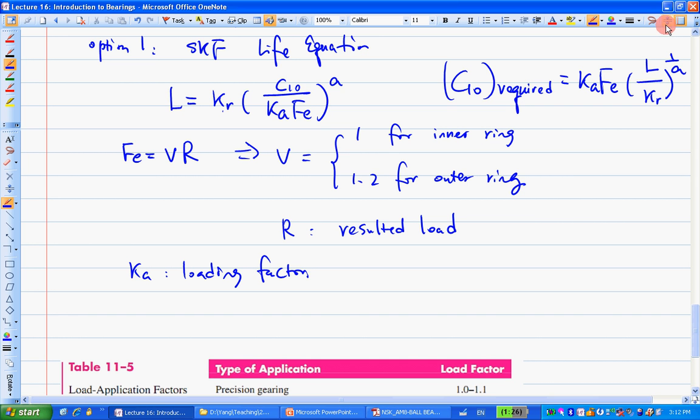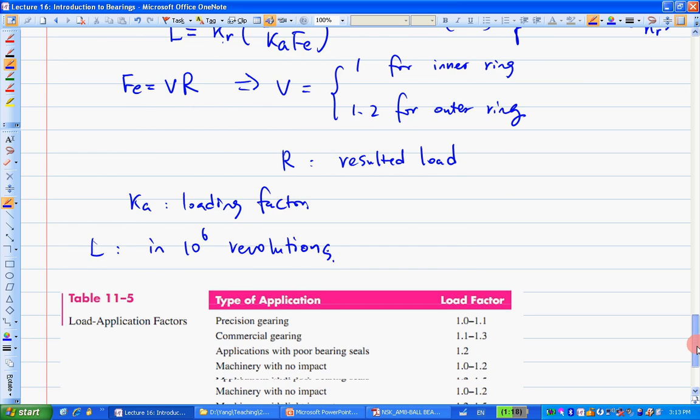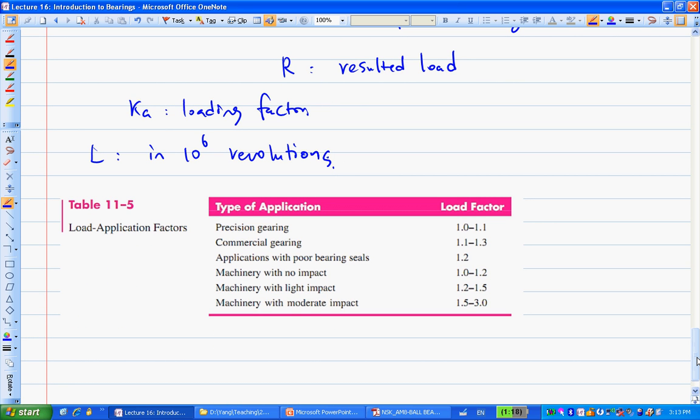So the L, let me write it down here. The L is in 10 to the power 6 revolutions. So when you calculate, be careful with that. The result, the L, the unit is 10 to the power 6 revolutions. Okay. Any questions? All good? So option number 2,